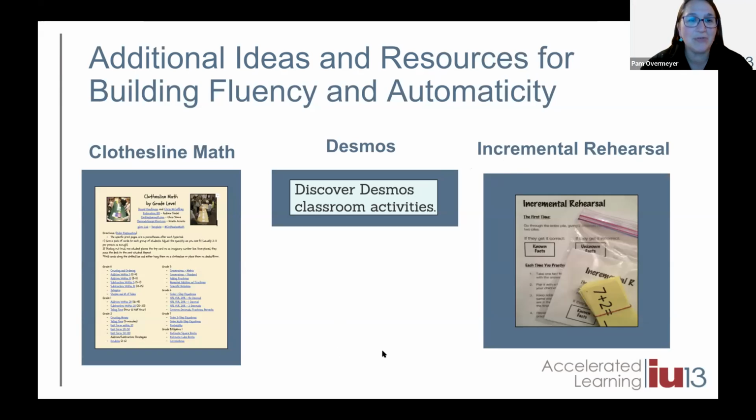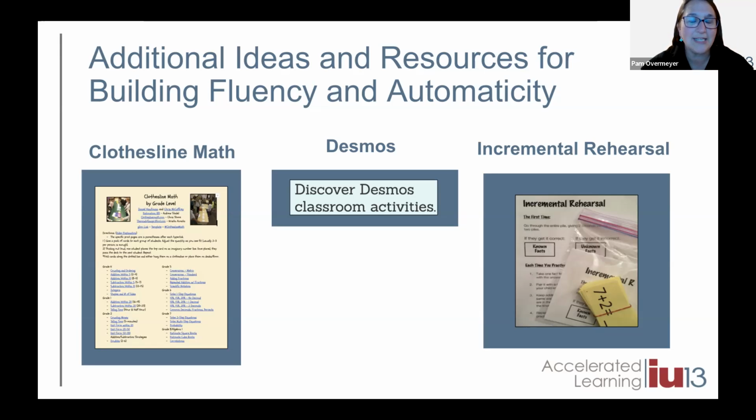Absolutely. So incremental rehearsal is just that. You're going to rehearse increments of information. And we're going to use flashcards with this. We usually call those drill and kill moments, where we drill them and we kill their enthusiasm of learning. However, I did just hear, and I forget the presenter's name, they said drill and thrill. And I really liked that instead of drill and kill, because it is thrilling once they finally get that fact that they just can't hold on to, and they're rehearsing that in incremental rehearsal.